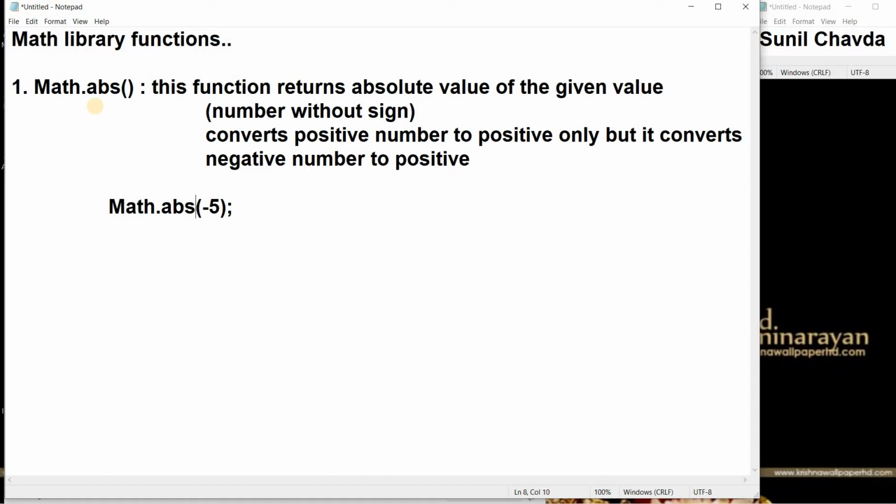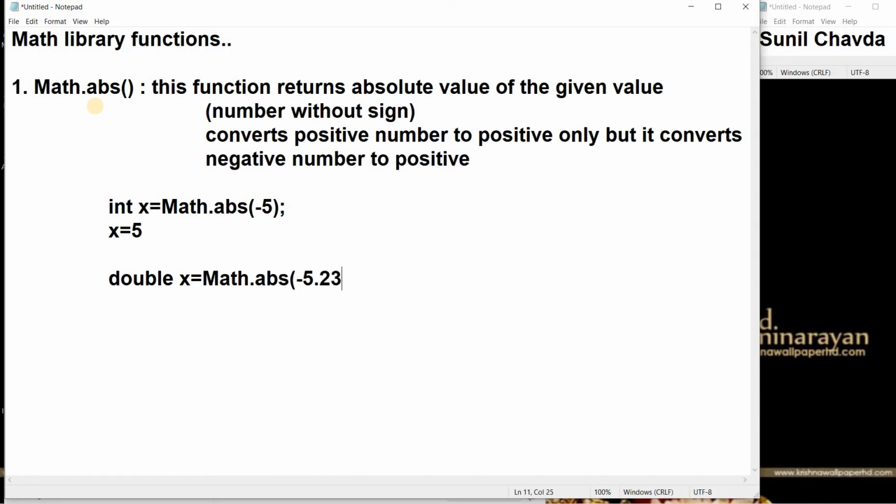Here I wrote -5, so -5 will be converted into +5, but +5 is an integer, so I can say int x is equal to that, and the value of x will become 5. And if you are providing the value in double format, then the answer will also come in double format. So double x is equal to math.abs